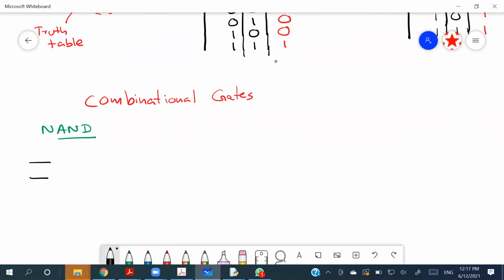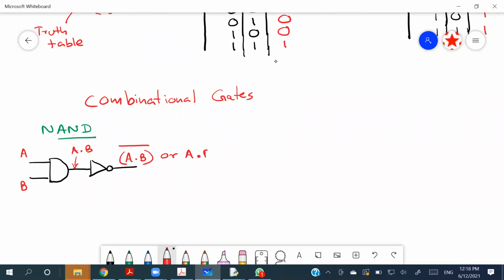We take an AND gate and we connect a NOT gate to the output of the AND gate, right? So we know when A and B are given, this gives you A dot B, and definitely this is going to give you A dot B total bar, or else we can say A dot B total dash,